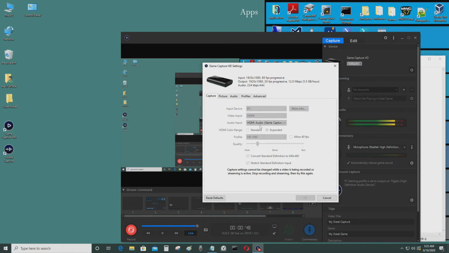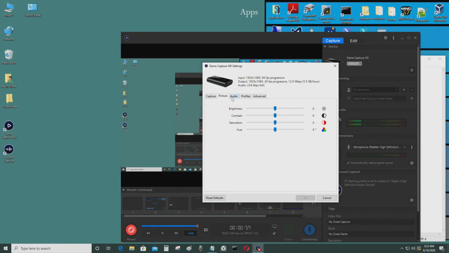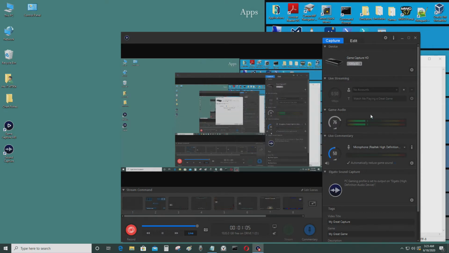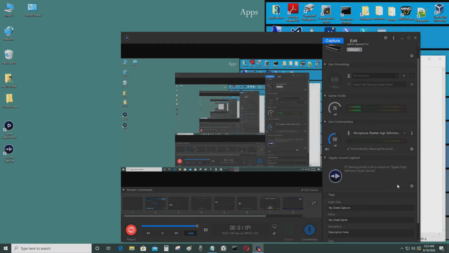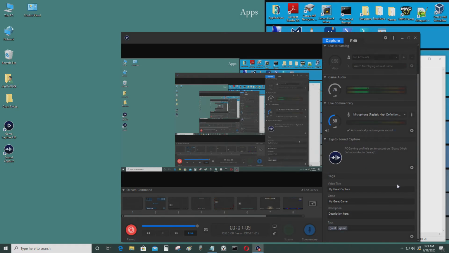HDMI, HDMI audio, game capture for me, and I didn't touch that. I just left this. I just left this also, so that's there. And the thing you have to do is,